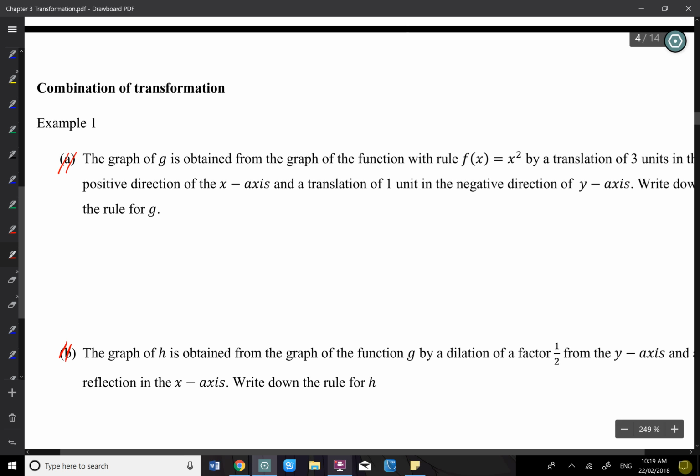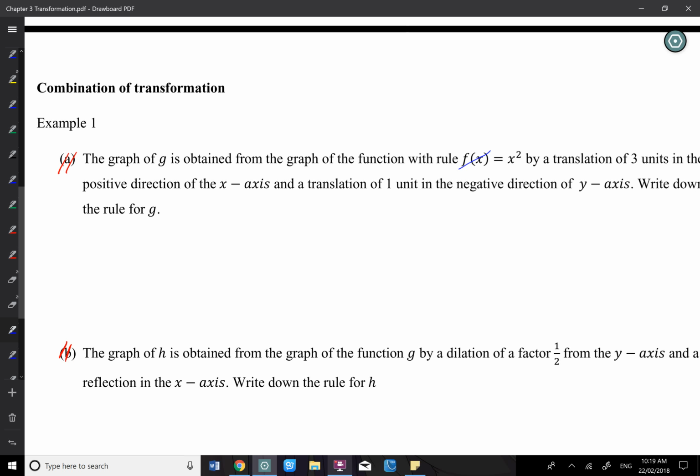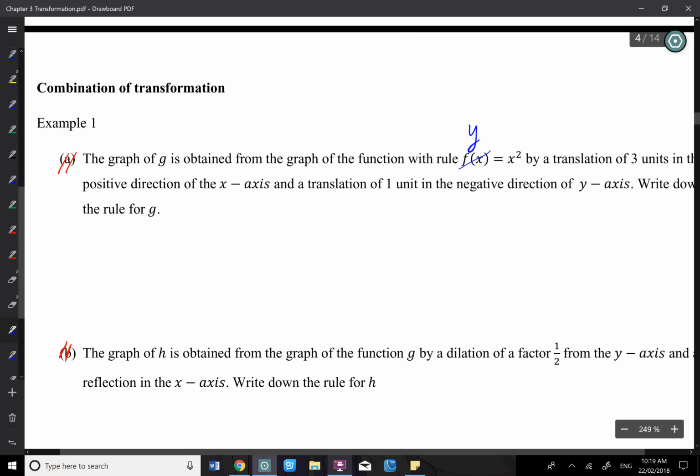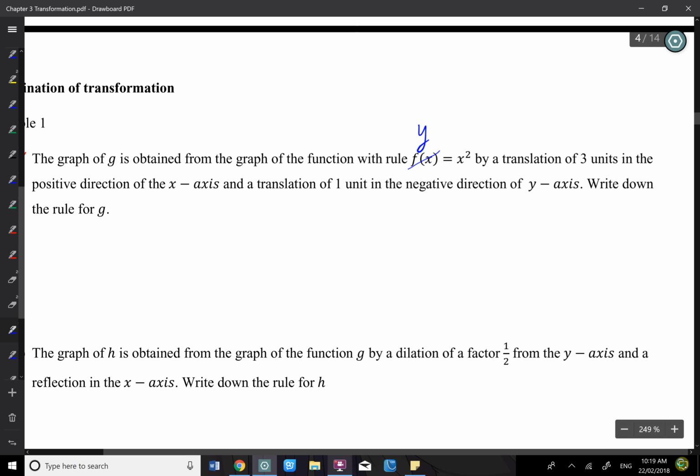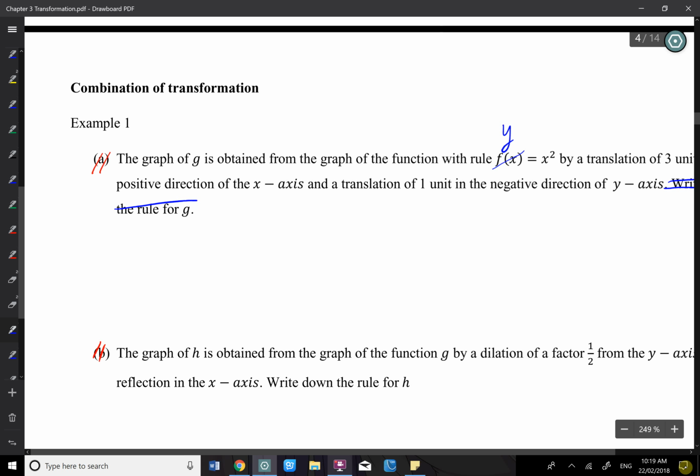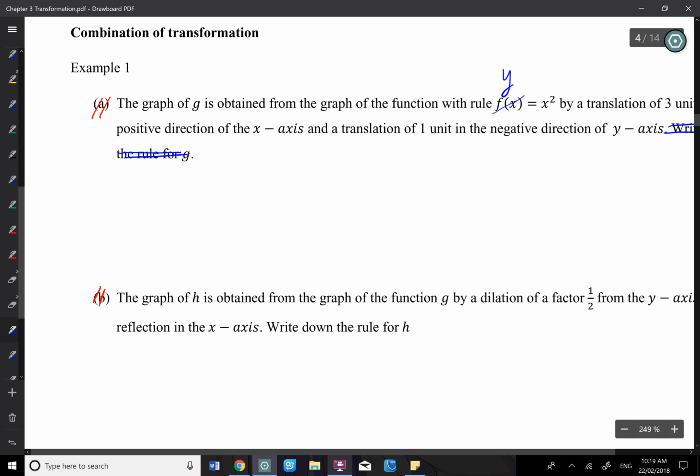The graph of g is obtained from the graph of function f(x) equals x squared. Well, f(x), if it is on the right hand side, you treat it as a root, but if it's on the left hand side, we just treat it as a y. That's a y. By translating 3 units in the positive direction of the x-axis and 1 unit in the negative direction of the y-axis, and then cross out the rest, write down the rule for g. I don't want you to write down the rule for g. Cross out